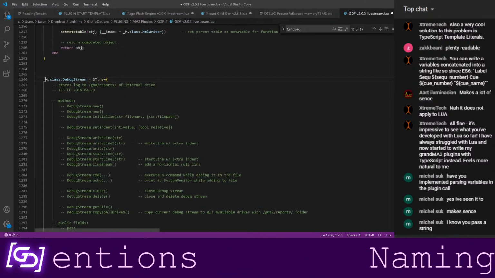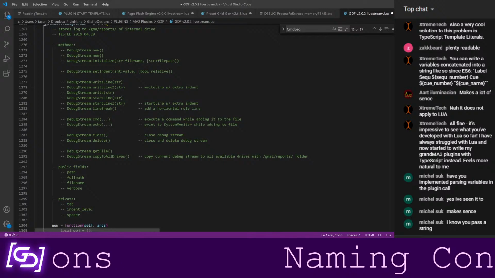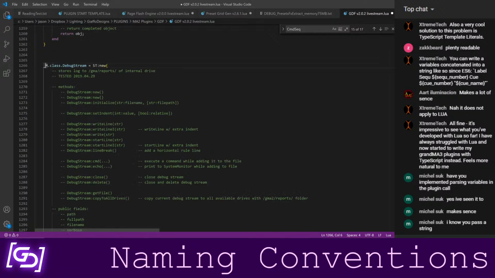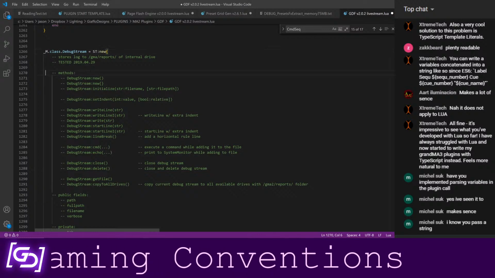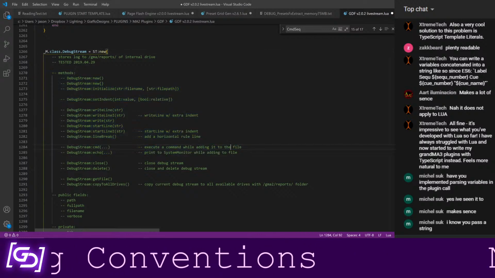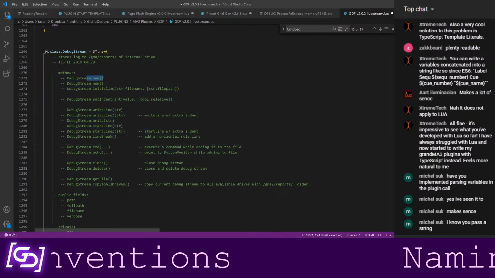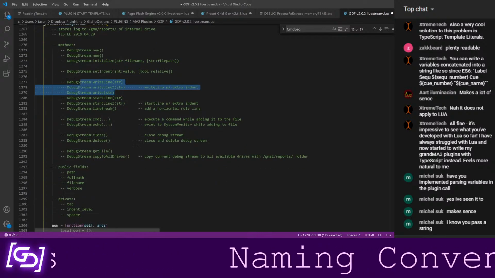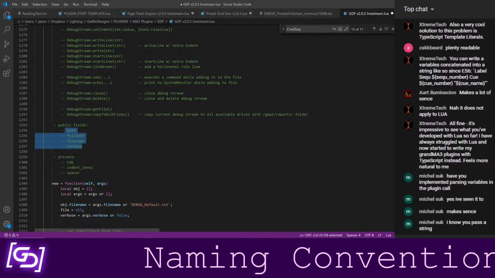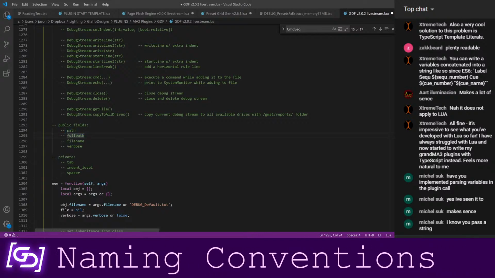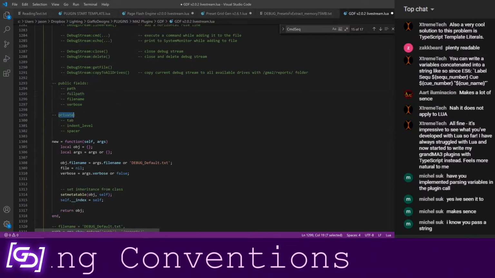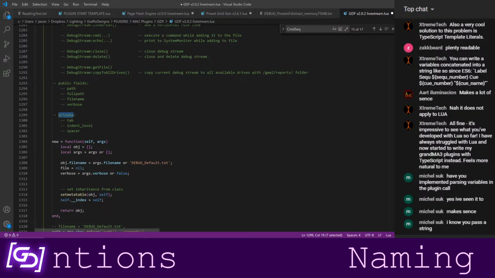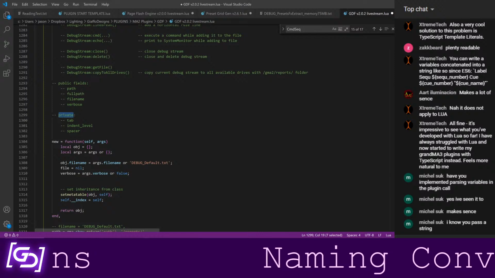Let's see, here we go, class.debugstream. So this is, again, the thing that creates a big text file for me to document what's going on with the plugin. And what I've done with it is document everything that it does. I've listed out all of the methods that I can call on it, that will have it perform certain functions, any fields that are something that I would want to be accessing, and then what I've called private. This is a concept that comes from object-oriented languages, like any of the types of C.